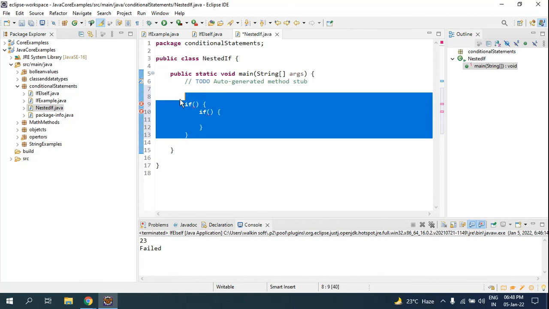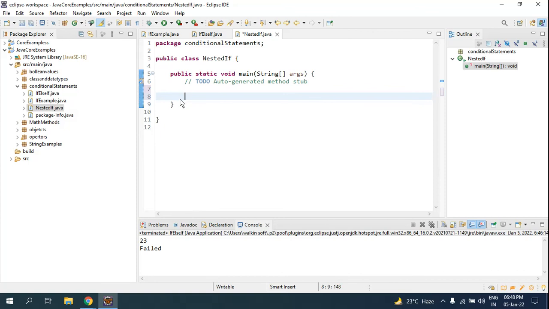I'll create a string username and give it as Vikas, and a password of numbers, int pass is equal to 1234.